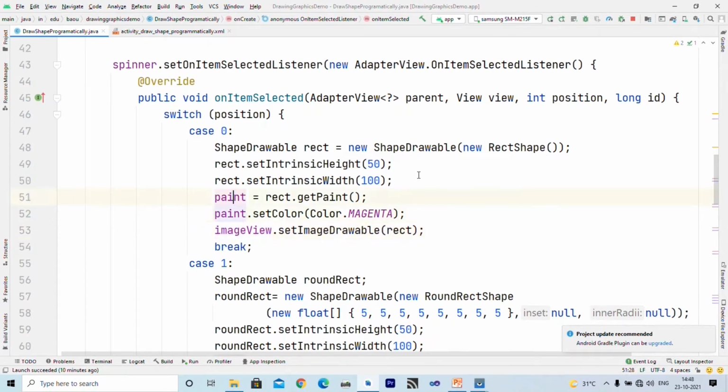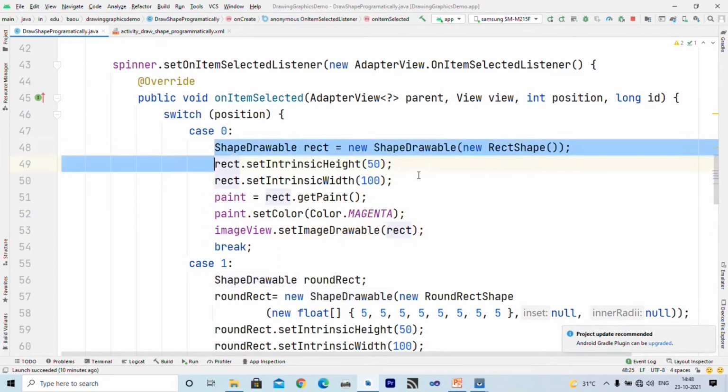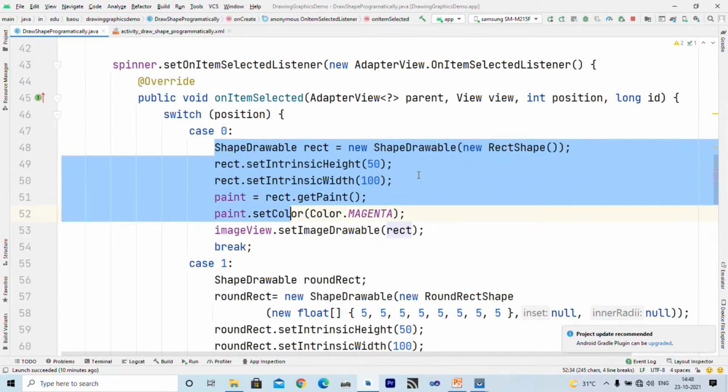Using this ShapeDrawable we specify that we want to draw a magenta rectangle with width 100 and height 50, but it will not actually draw that shape because we have just created the object and set its properties.